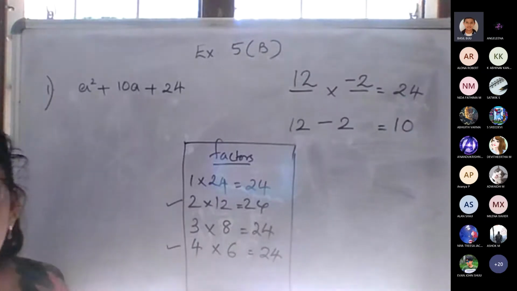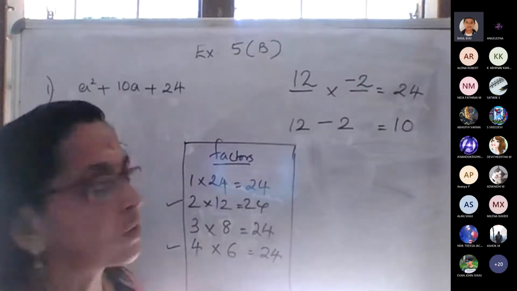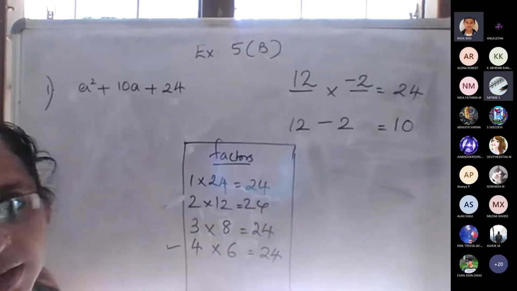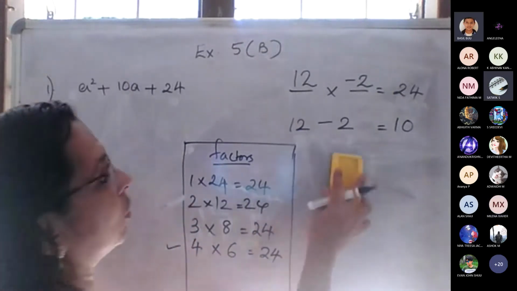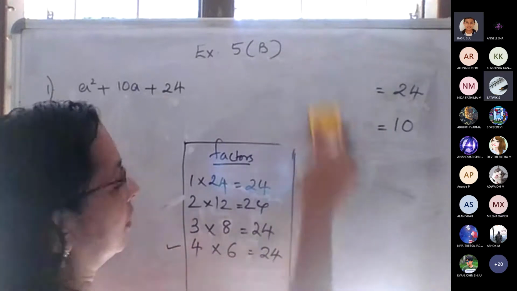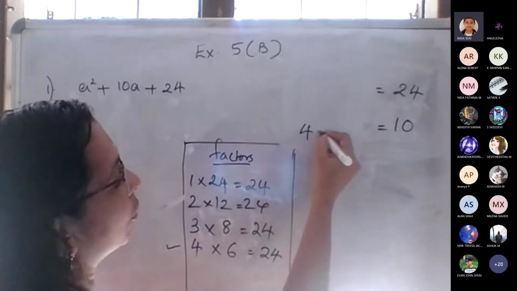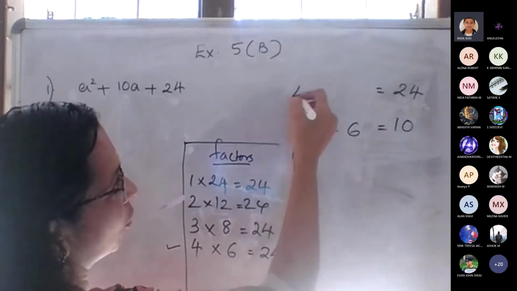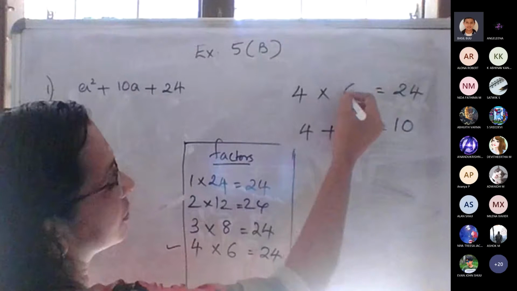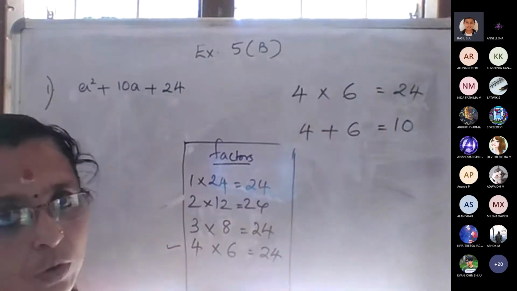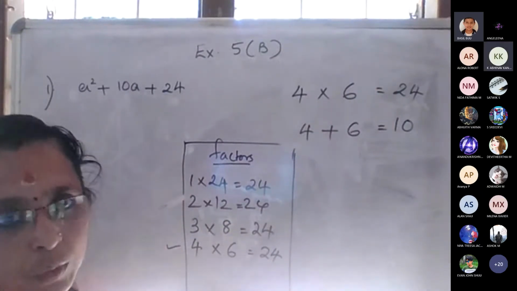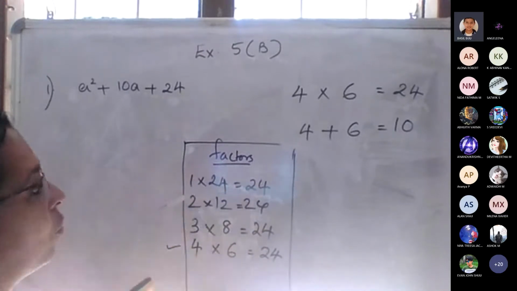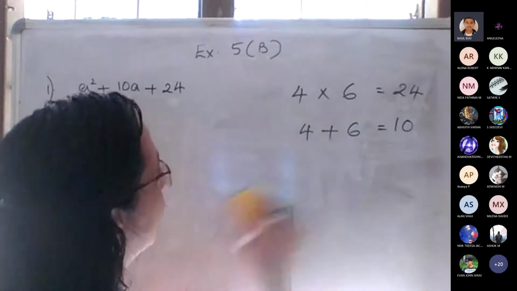Is it possible? No, ma'am, it is not. So we can't take 12 and 2, so we can't take this. Next, think about 4 plus 6. What is 4 plus 6? 10. So the same positive 4 into positive 6, is it 24, okay or not? Ma'am, it is possible. 6 into 4 is 24, so we can take that. So which are the two numbers? We have to split that.